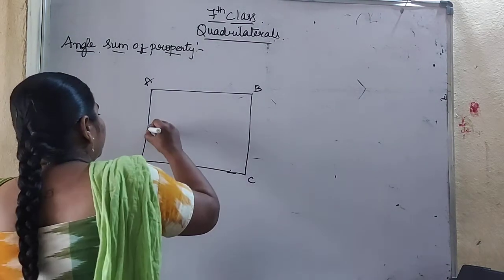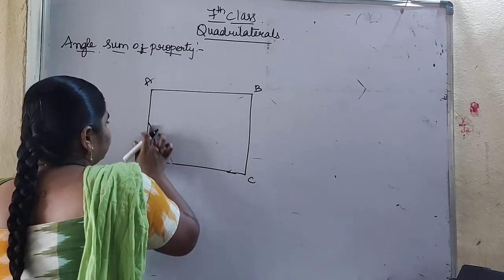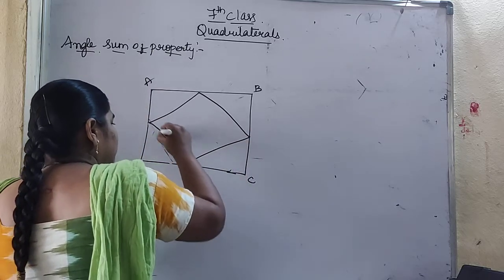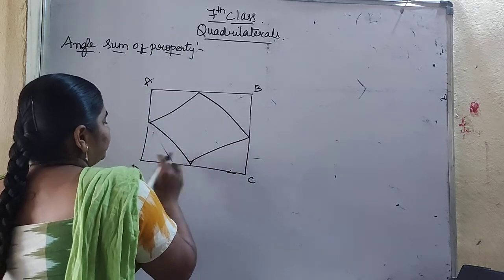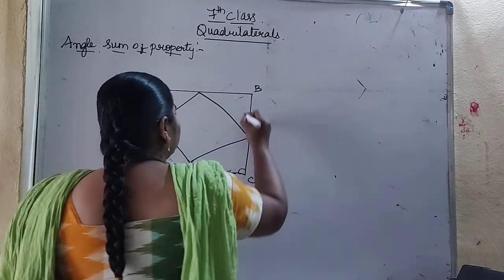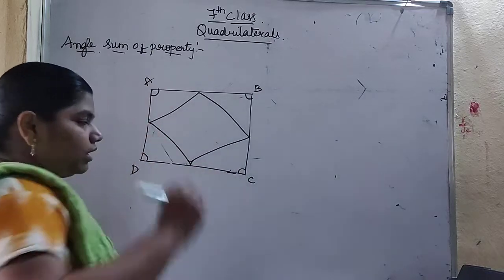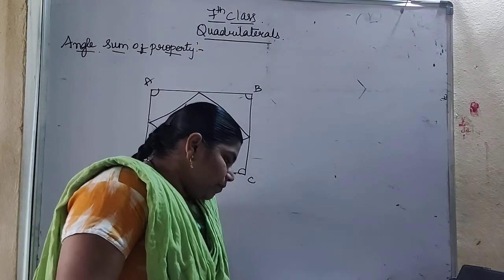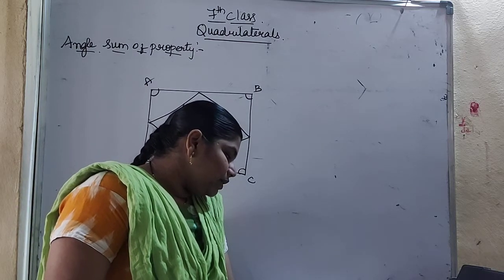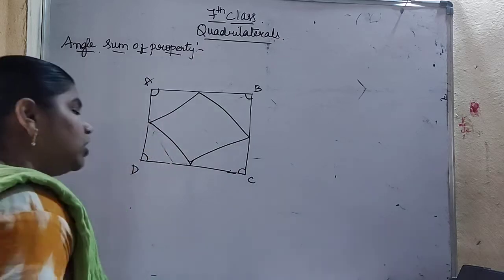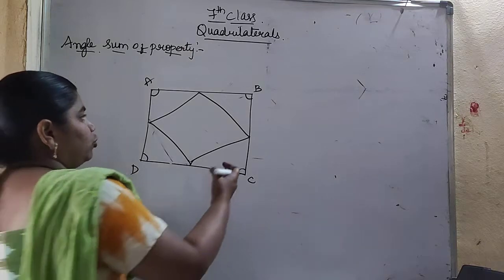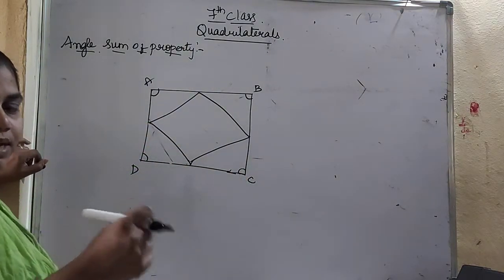So we have to cut them like this. The center points I am cutting like this. Here it has formed 4 angles. What are the angles? 1, 2, 3, 4. These are the 4 angles. Now arrange them as shown in figure 2 so that all the angles, angle 1, angle 2, angle 3, angle 4, meet at the same point. They should meet at one point.